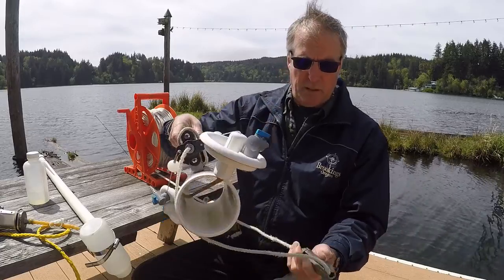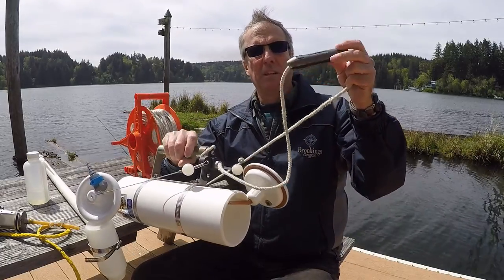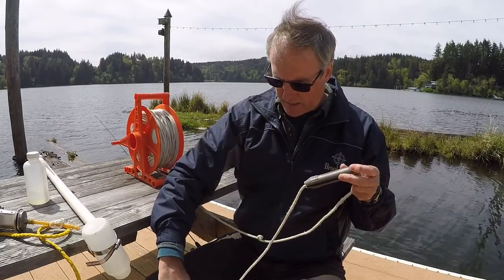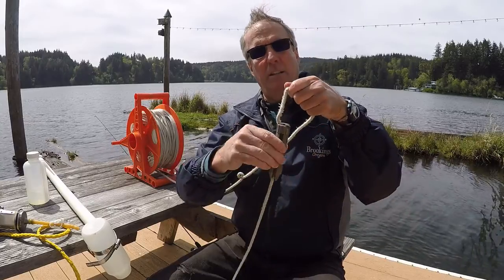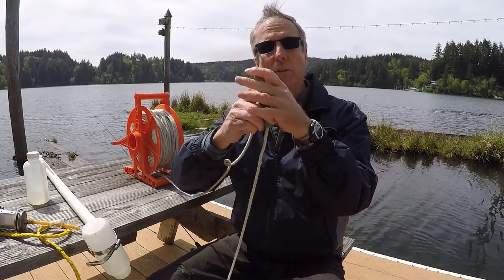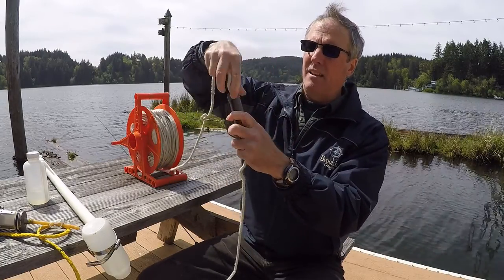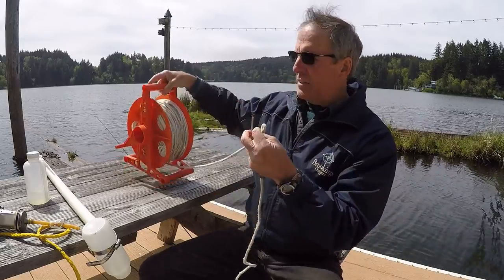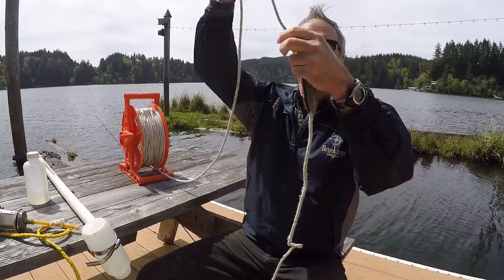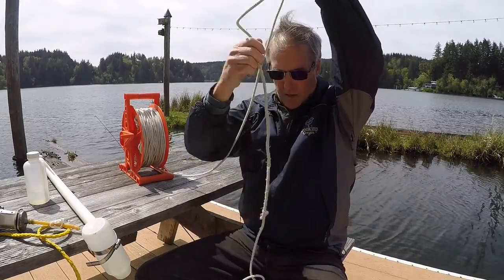There's a weight that's attached to the rope. This is called a messenger, and it just slides along. I can set this down gently enough. It just slides along the rope. So you keep this piece in the boat with you as you lower this down. You're in the boat, and you have this big reel of cord that you're letting out as you go down further and further. And finally you get this to the bottom, and your rope is taut,